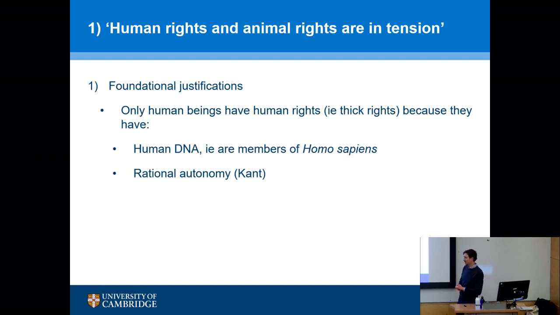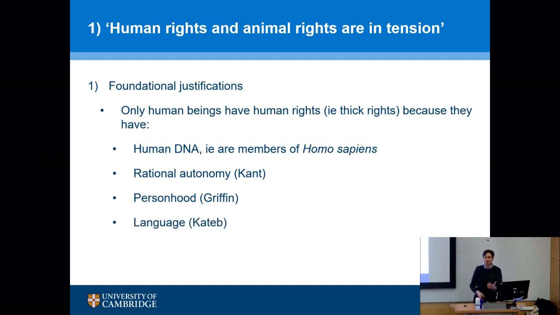So if the membership itself might not be the best ground, then other attributes have been proposed that supposedly only humans have, that make us special, that explain why only we should have certain rights. Rational autonomy, for instance, from the philosopher Kant, this idea that we can create laws for ourselves and follow these laws. Kant thought that's an ability that only humans have. Personhood: James Griffin believed that only humans have a conception of their own good, can choose their own good. Only they are persons, and only persons should have human rights, he believed.